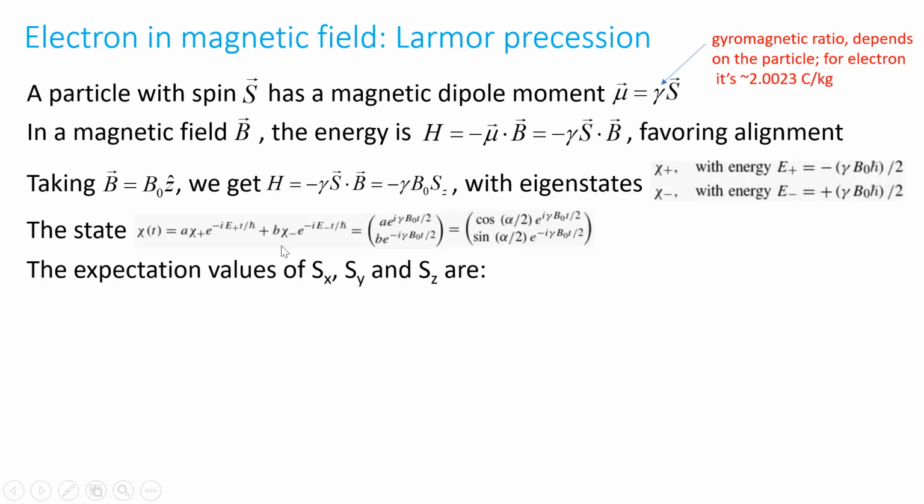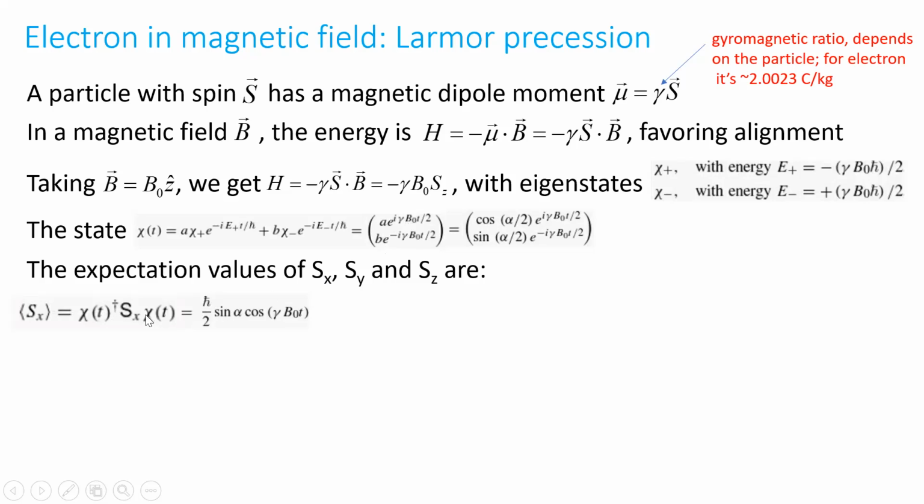Okay. So the expectation values, now that we have the state and time, the expectation values of Sx, Sy, and Sz are, well, we sandwich the operator Sx between the complex conjugate, and it's not a star, it's a dagger, because this means turn this row into a column. So you take the complex conjugate, but you also turn this column, which is chi of t, into a row, which is chi of t dagger with complex conjugates, times Sx times this chi of t